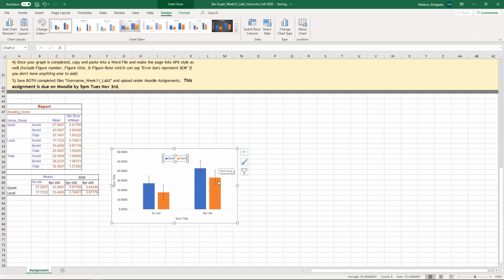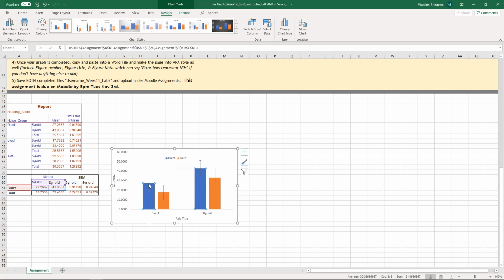Okay, so now that we have error bars, let me show you. These error bars are added with a standard error value that does not make sense with the data that we actually have here. So we need to customize the amount of the error bar. Now, again, you can read through the step-by-step guide to see how to do this and also watch me. But to help explain, right, we have a mean. This blue bar is a 5-year-old. Blue is quiet right now. So five-year-old quiet is at